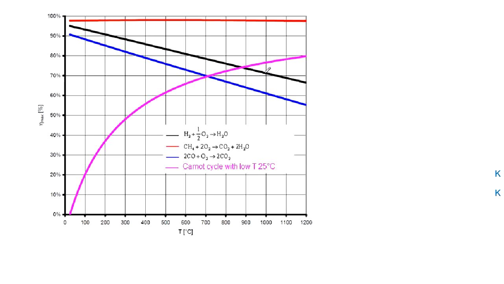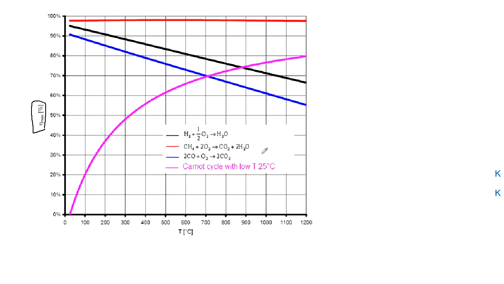Here we have a chart of the maximum theoretical efficiency of systems for converting fuel or heat into work or into electricity. We can see in the pink or purple that the Carnot cycle, with the low temperature, the temperature of heat rejection, being 25 degrees C, has the characteristic of steadily increasing efficiency. It can never reach 100% because we cannot reject the heat at 0 kelvins, but only at